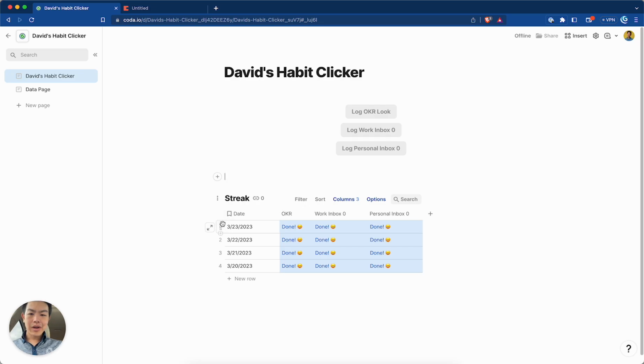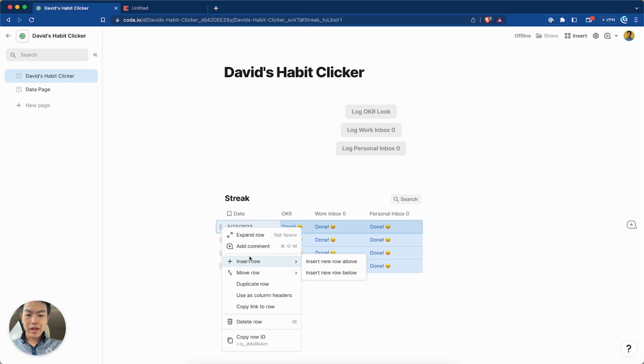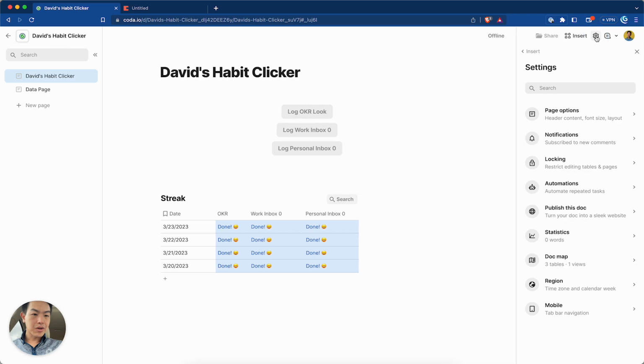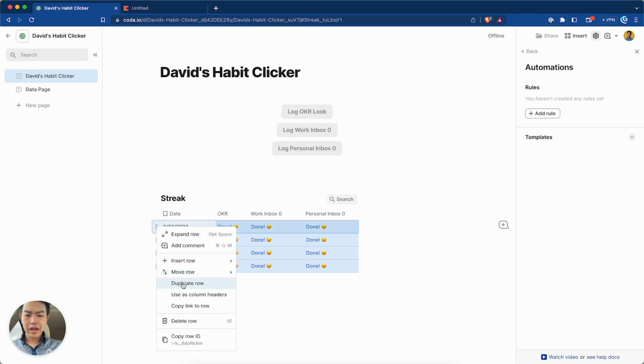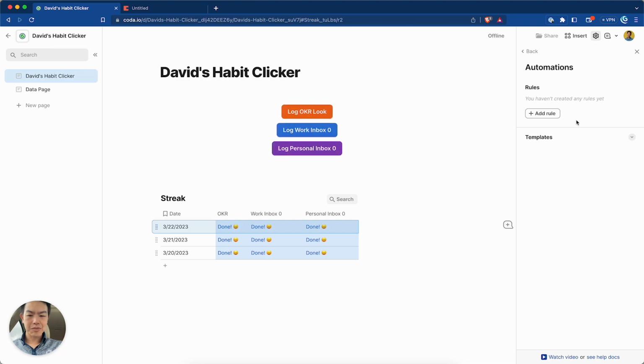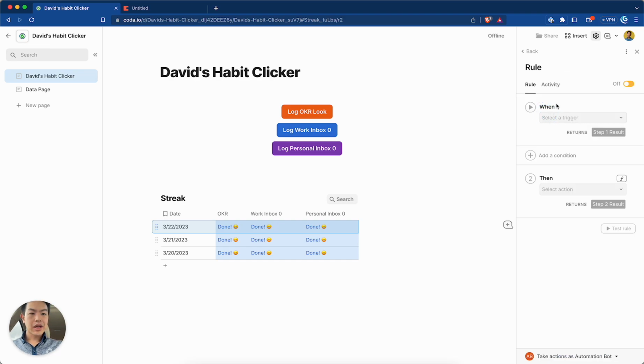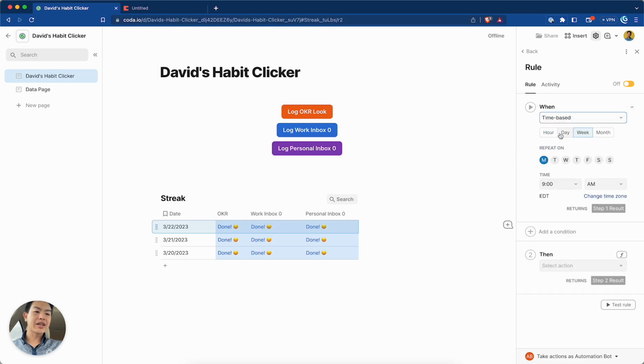All right, so in this video, we're going to be automating the creation of empty rows. And the way that we're going to do that is through this little thing called automations over here. I'm going to go ahead and delete this row because I want to automate the creation of new rows based on the date. And essentially at the beginning of every day,